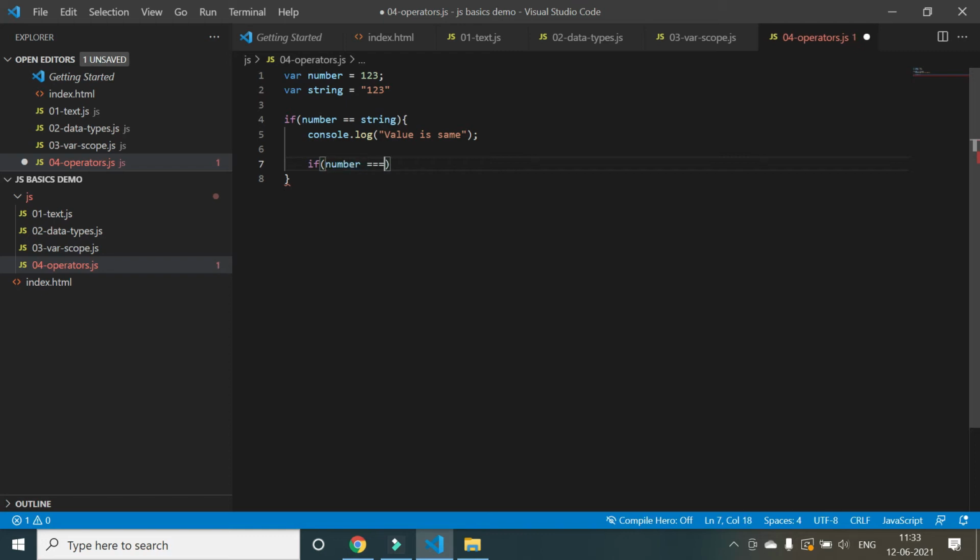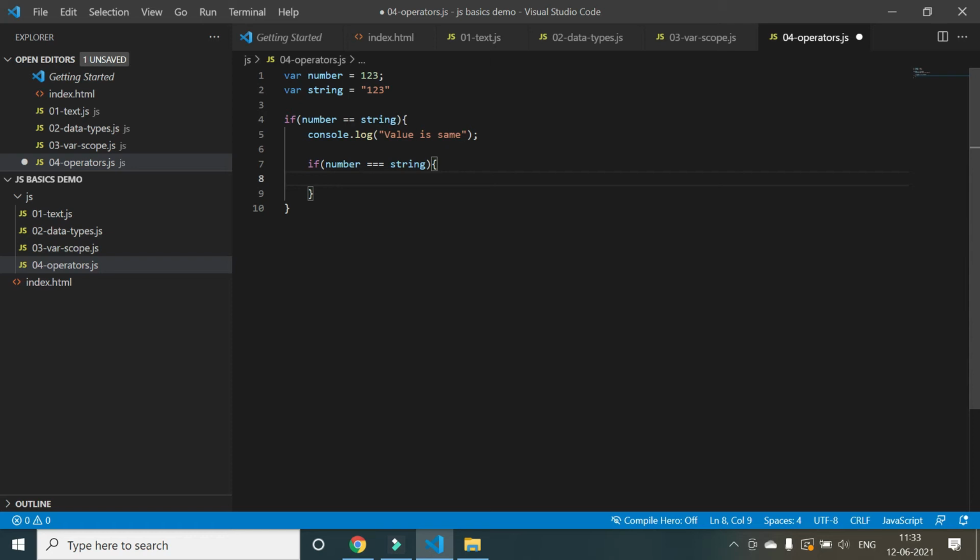If you say number triple equal to string, it will do two things. It will first compare the data type, and only if the data type is the same will it compare the value. Only if both data type and value are the same does it go into this block.